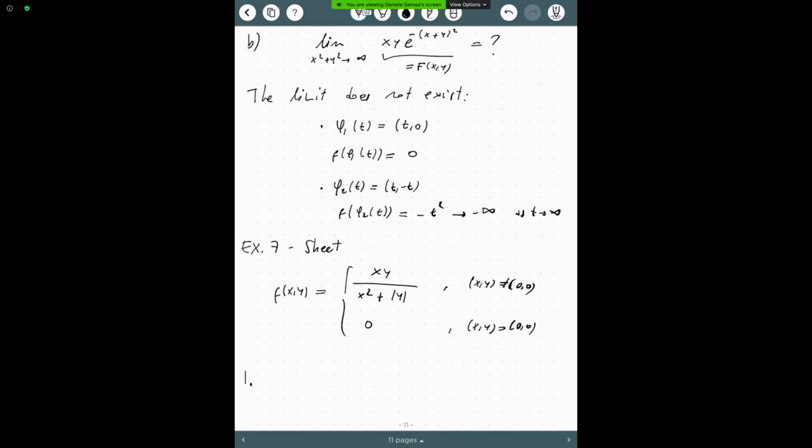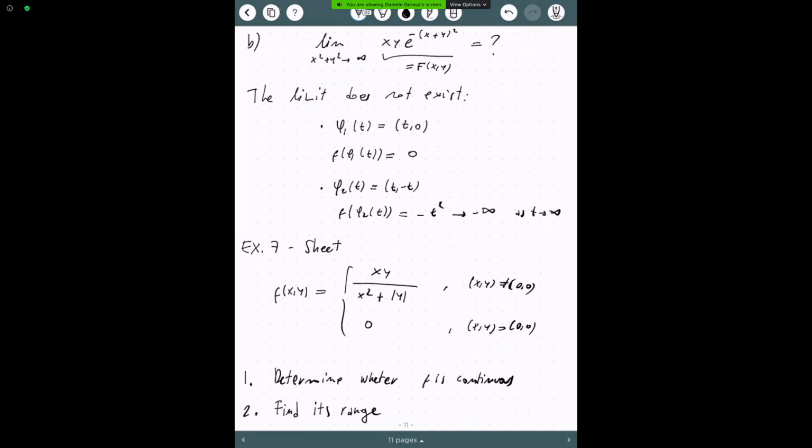Number 1 is determine whether f is continuous, and number 2 is find its range, which is not really a topic covered in